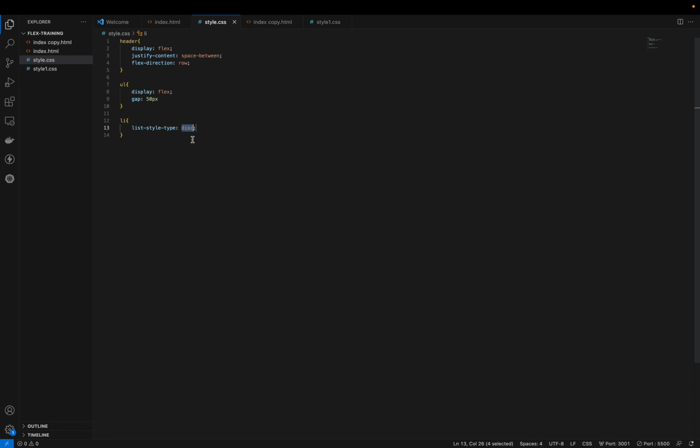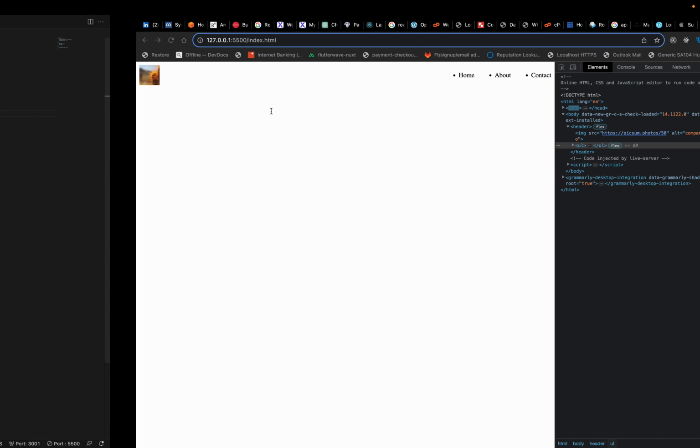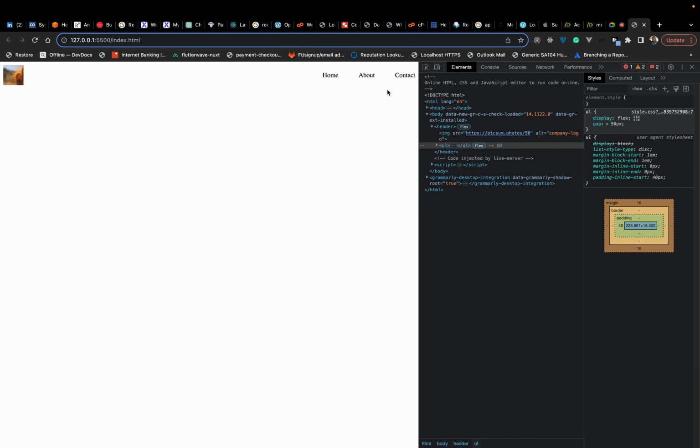So if at any point you are stuck with what kind of property to use, you can always check online for how to remove the dot beside an li tag. It will give you an idea of what you're looking for. So list style type, and we're going to be using none. So what happens? The dot will disappear. Does that make sense? Okay. So we've been able to complete